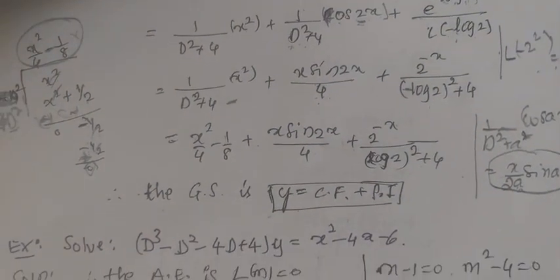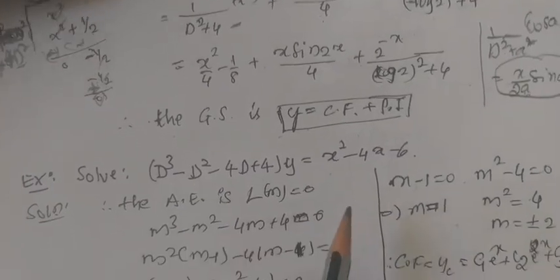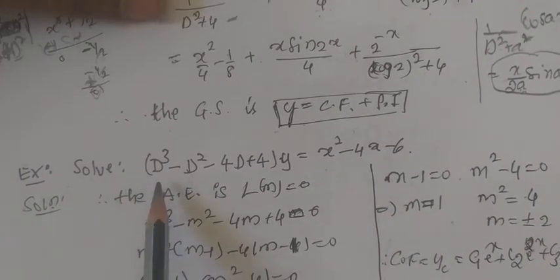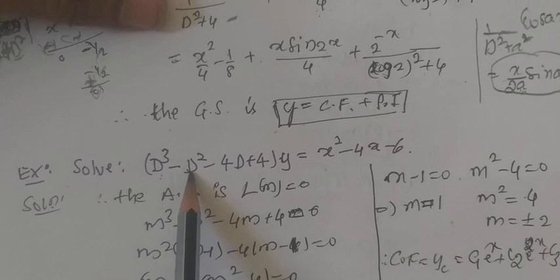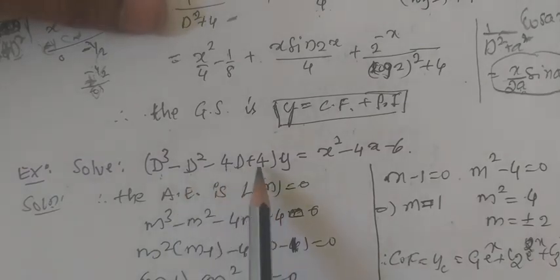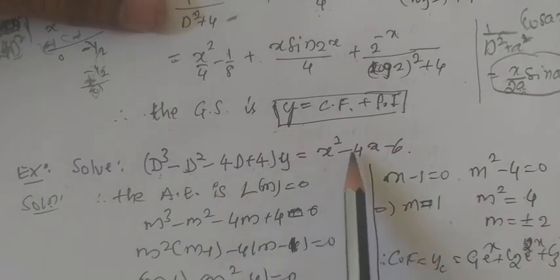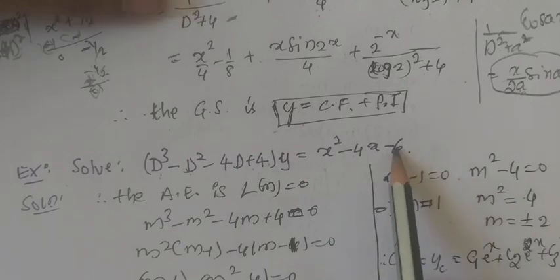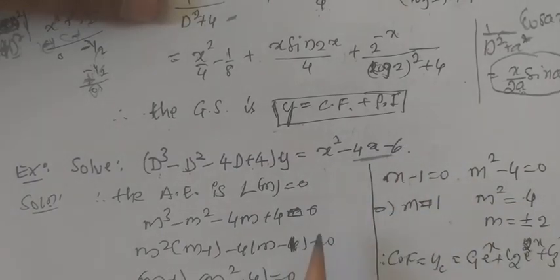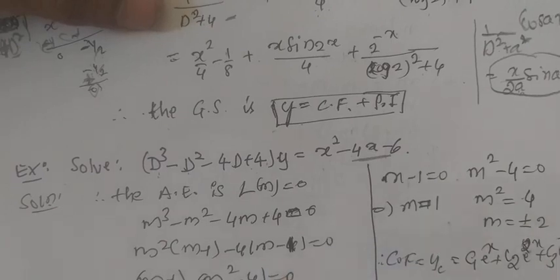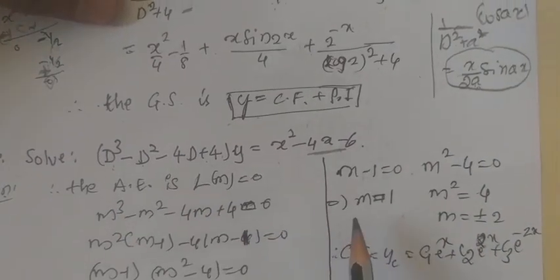Okay, the next one more example we'll take, that is solve D cube minus D square minus 4D plus 4 of y is equal to x square minus 4x minus 6. See, this is purely type 3, that is a polynomial of degree 2 you are having. Now we'll concentrate on that later. Now let us first find